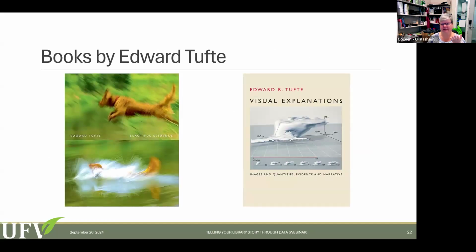And then there are books. I have a bookshelf, a very small bookshelf now. It used to be much more extensive, but I kind of culled it down to just the essentials. And most of it is the books I'm going to show you.